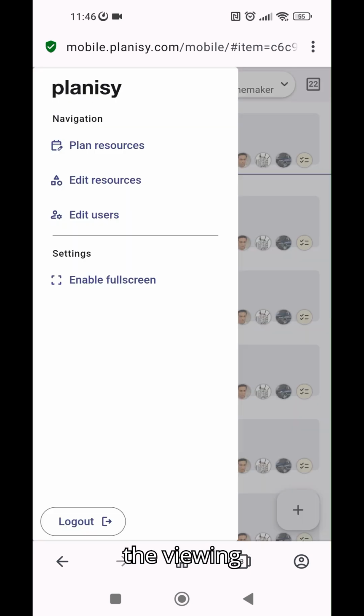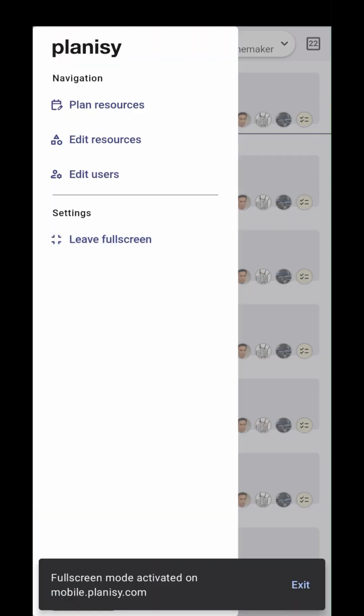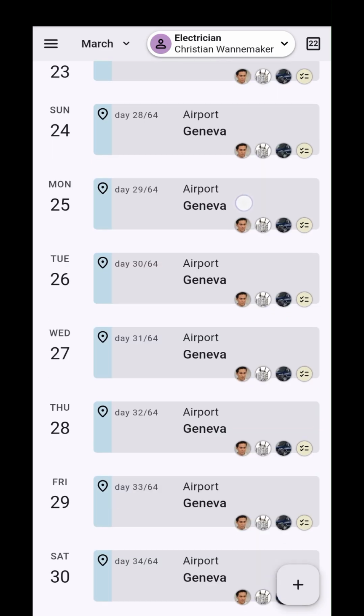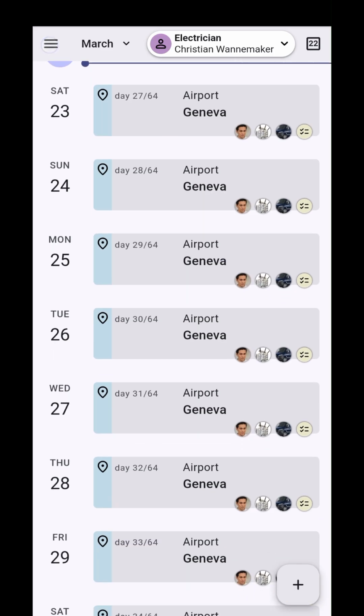To optimize the viewing experience, you can enable the full screen. And once done,